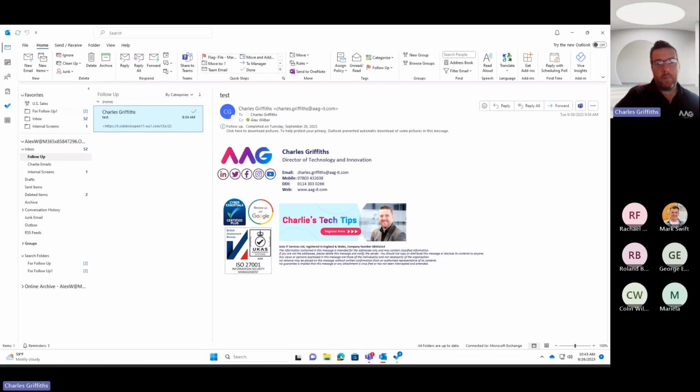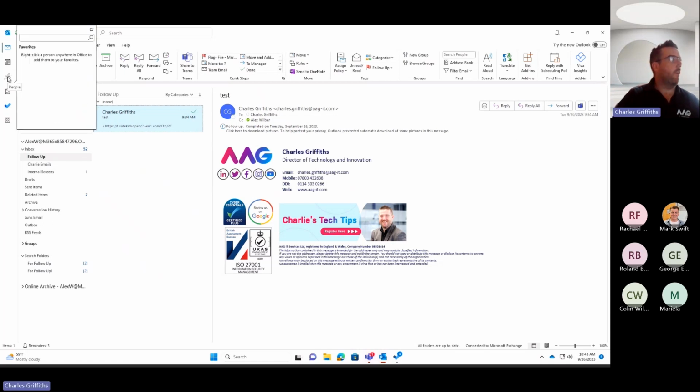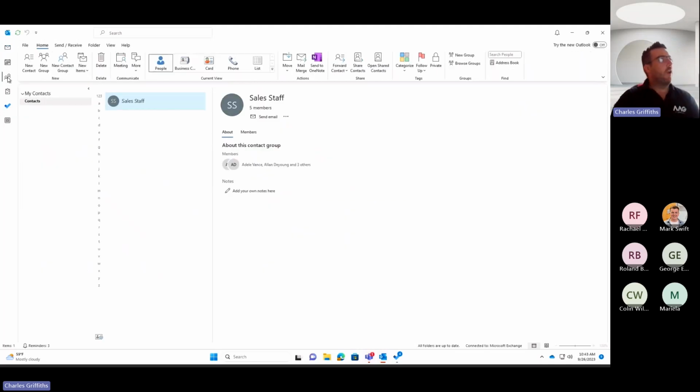Okay. The next thing I'm going to show you is around contact groups. I don't know about you, but sometimes when sending an email you're constantly typing in the same email addresses again. Perhaps you've got the team that you work in, and you're sending a team message and you're constantly typing in everybody's names to be able to send the message through. A quick and easy way of creating a group email for your own personal use is to create a new contact group,